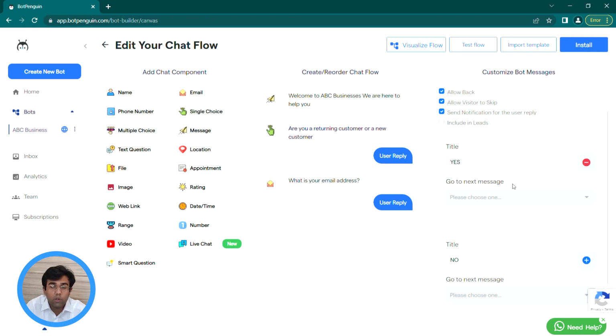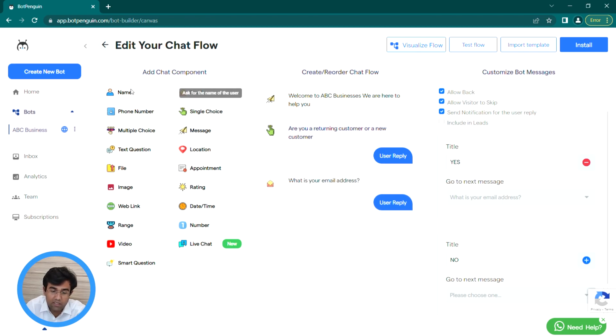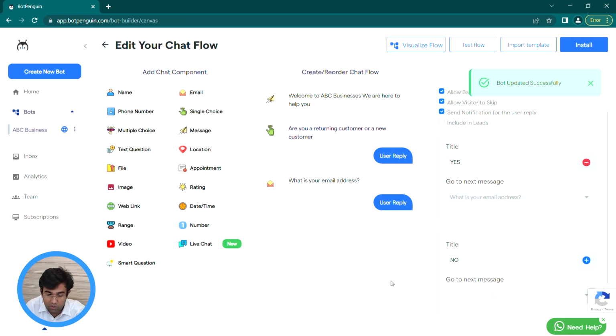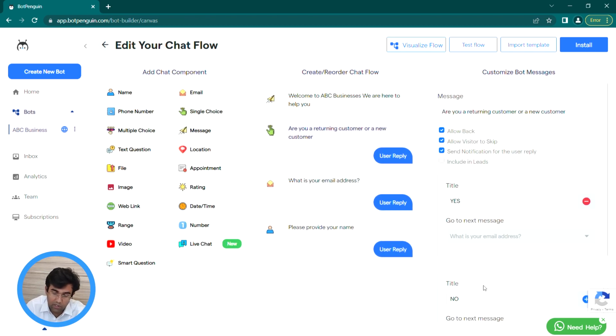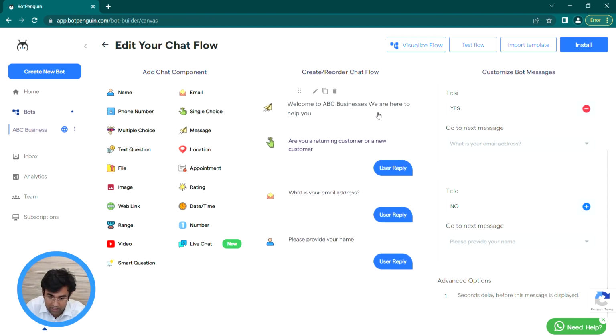Now, you will have to code what the next question should be. If someone is answering yes, you can send them to what is your email address. But let's say if someone has answered no, you might want to ask their name rather. So if they have answered no, you can guide them to please provide your name question. Once you have done that, it will say that the bot has been updated successfully. Once done,